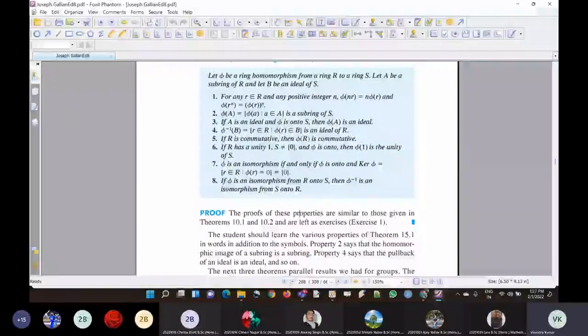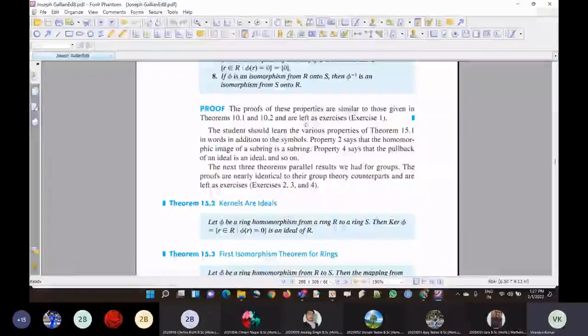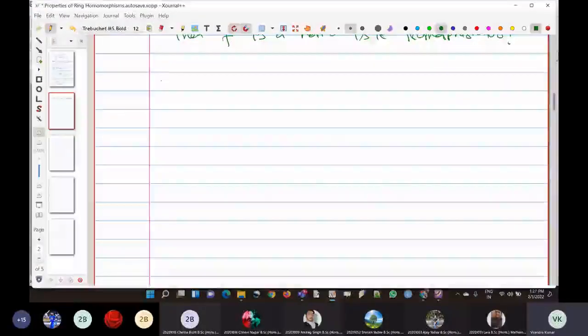Here, if A is an ideal and phi is onto S, phi is a map from A to S, then phi A is an ideal also. So this phi A should be an ideal in S. So these things you can know. Okay. So let us see some properties I will be telling, maybe different from them and something from them also. So the result is that, in the form of a theorem, we can write